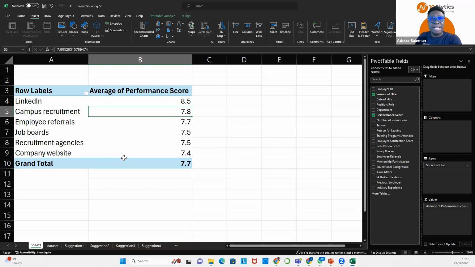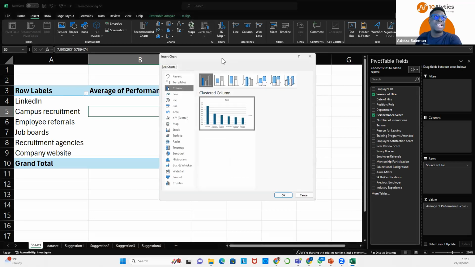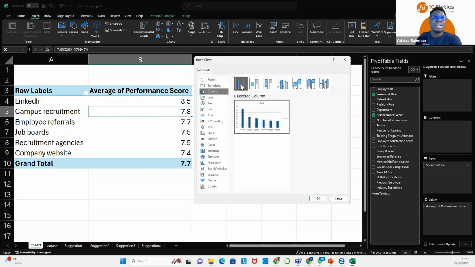All right, so remember that Analyze Data gave us both the pivot table and the pivot chart, but now we've created the pivot table. The next thing is to create the pivot chart. So click anywhere on your pivot table, click on insert, and then you'd see the pivot chart. Click on pivot chart, and then you can select the pivot chart that you want. You can select the column chart, you can select the line, you can select the bar, and different charts that you want to use. I'm going to select column just so it's different from what we've done before. Select column, use the very first option under column chart.